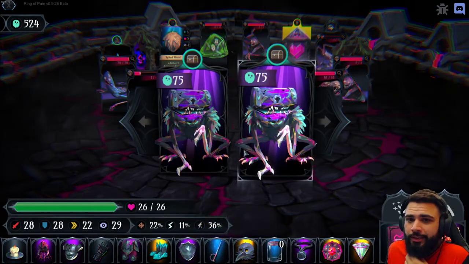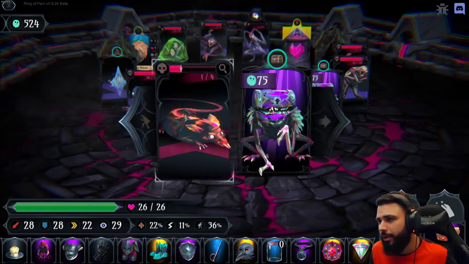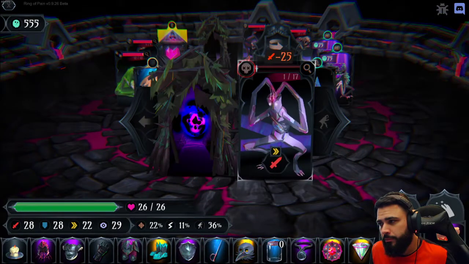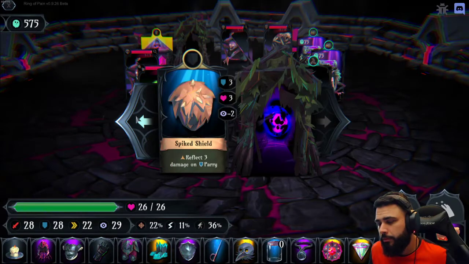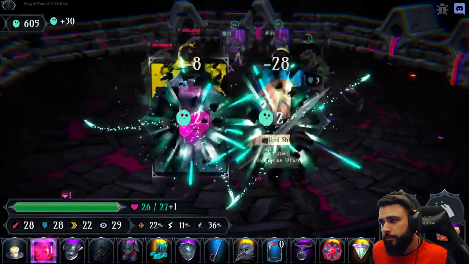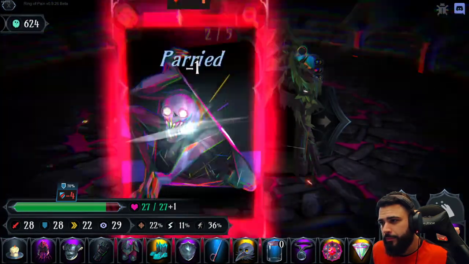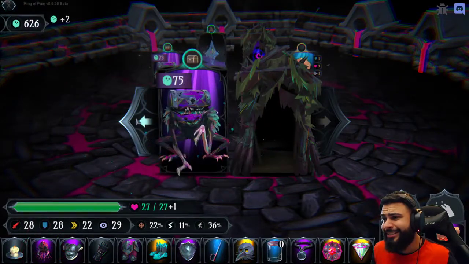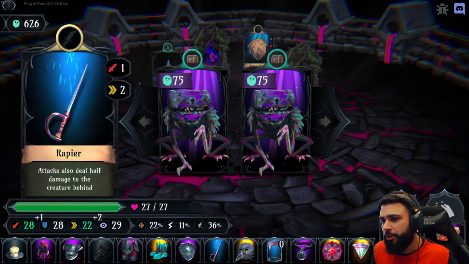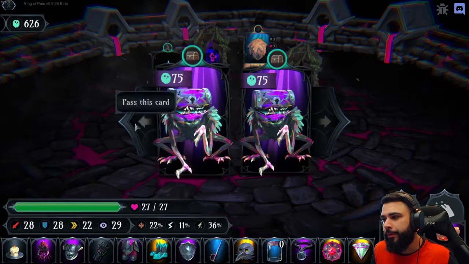We hit so hard. Rapier is sick. So now not only do we hit one creature, we hit the creature behind him as well. 11. Reflect 3 damage on parry. Damn. All right, we have an AoE build now. Man, that guy is tanky. Oh, it's because we don't have armor shredding anymore, right? I was about to say. It's interesting that that guy has so much armor that it doesn't matter what your damage is. He's still kind of scary. Not for us because of our parry, but...